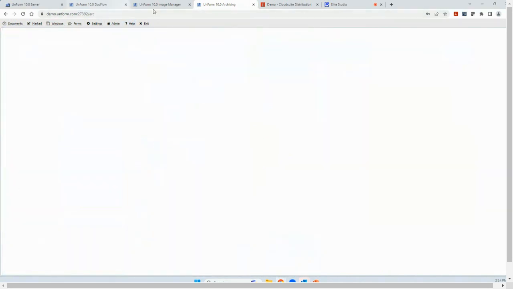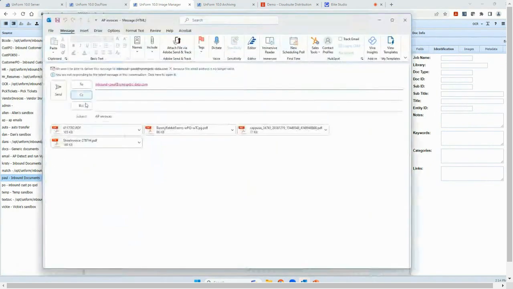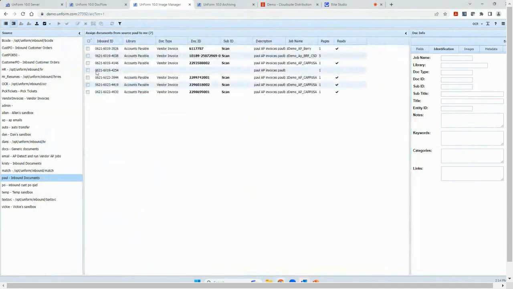Then Image Manager is where we're processing those documents. So if it's coming in from an email address, while I'm here, I'm going to go ahead and send a batch of invoices to a monitored mailbox. And note, I've got 1, 2, 3, I've got 4 different invoices here. As they process, they'll come in through Image Manager. And we'll see here that as they come in, I've got some that have check marks. That indicates that as they came in, we were able to validate the data on them, and everything came through just fine.